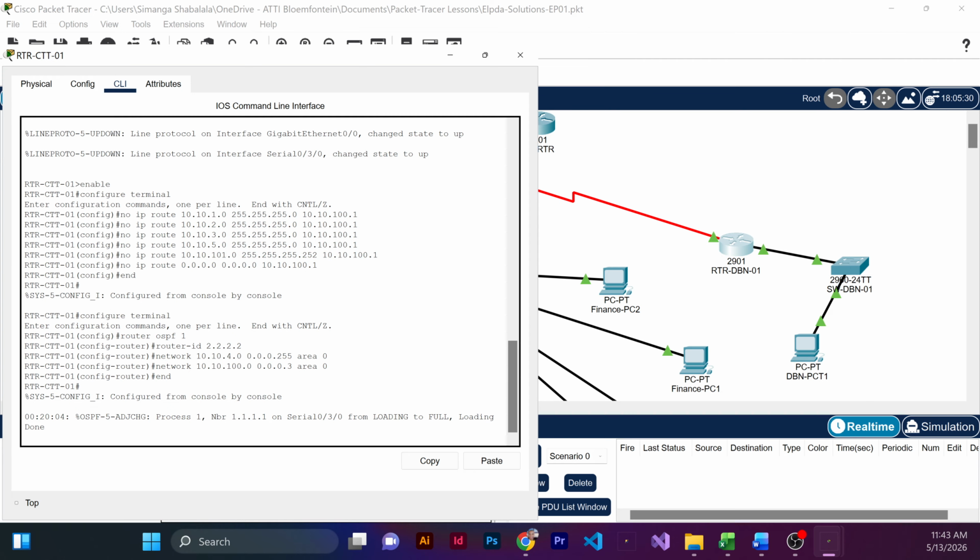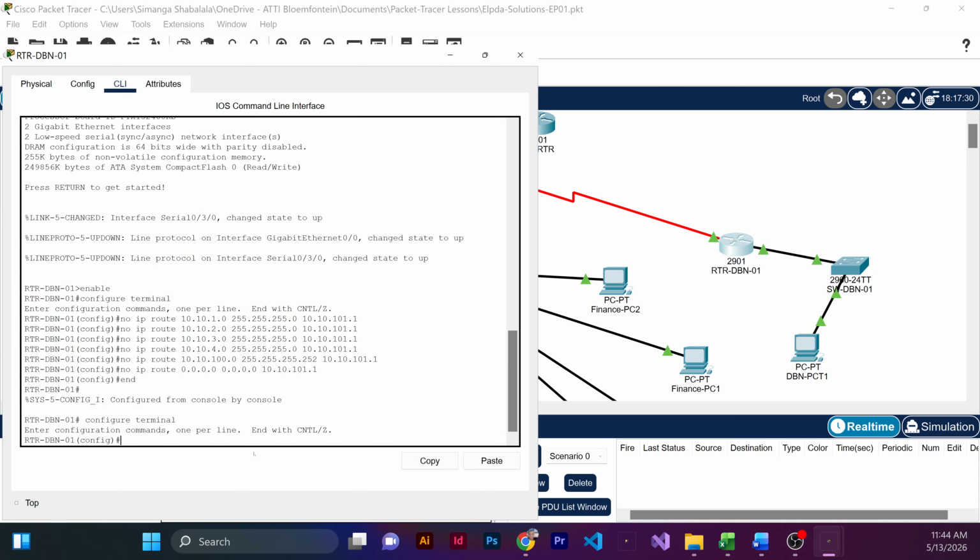Where are you, Durban? There is Durban. Okay, configure terminal. And then router OSPF 1. And then there's going to be a router ID 3.3.3.3,